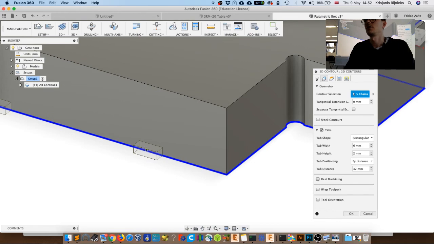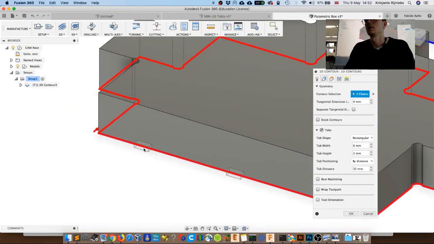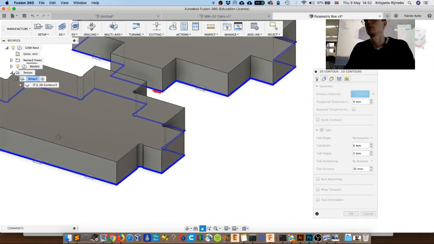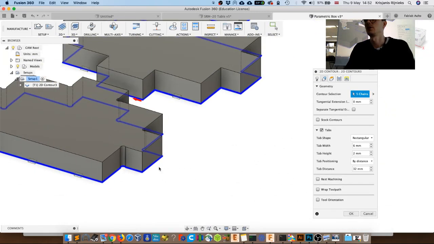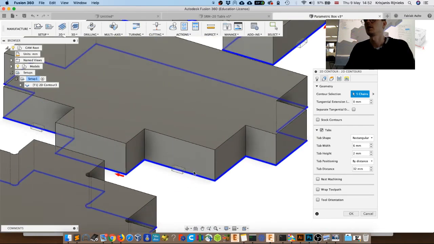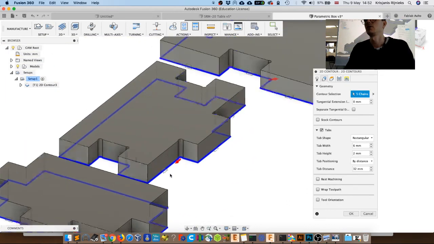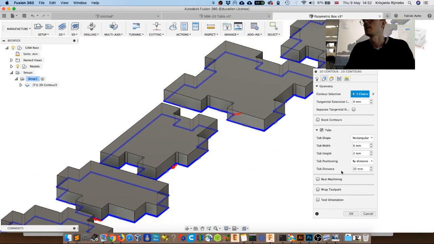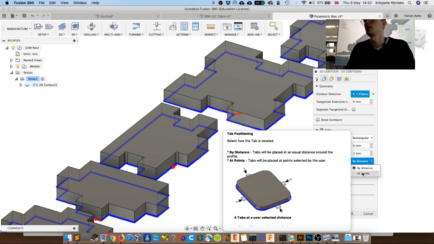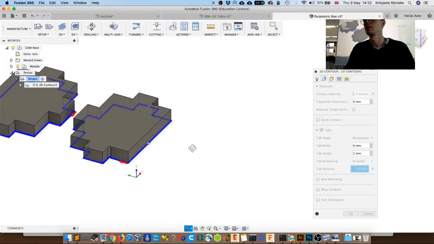So what it's going to do is add these little rectangular volumetric objects, so that when a part is going to be cut out, it's going to be held down by these little pieces of wood, leftovers of the material. But if you don't like the layout of those, we can also place them manually. So if I select points where they could be placed,